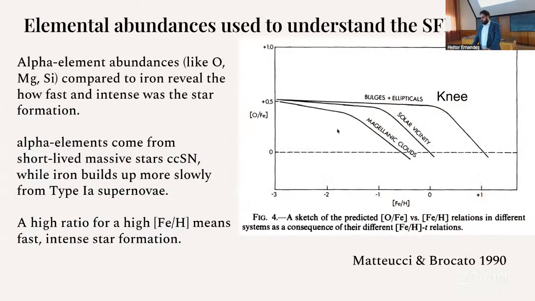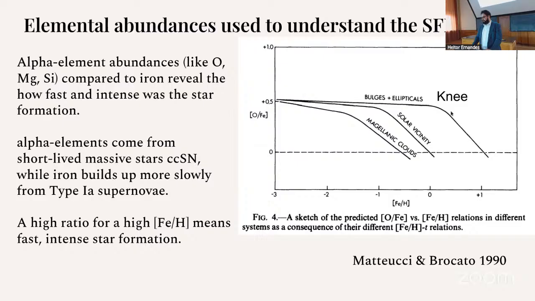And here is about how we spotted this in the abundance space. So when you go to the abundance space here, in the 90s they already figured out, Matteucci explained the need when you analyze the alpha element. Because the alpha element is mainly added to the medium by a core collapse supernova, so a massive star has to explode. And then when you plot against iron, that's commonly added by a supernova type 1a, that's a delayed process,